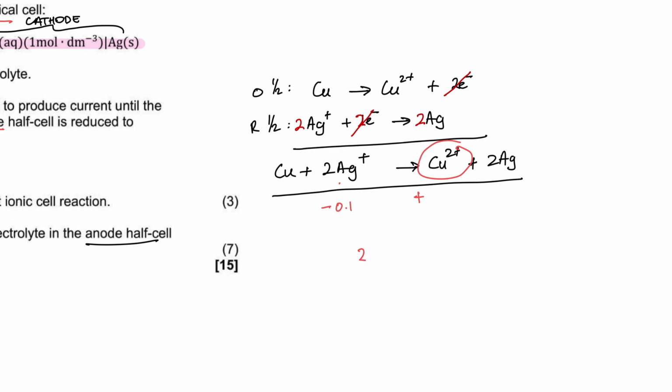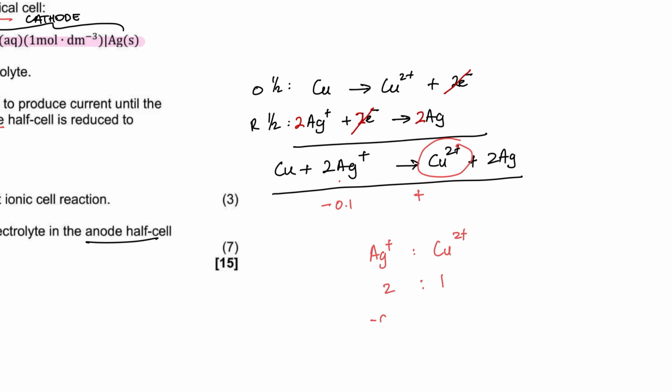So the ratio of Ag+ to Cu2+ is 2 to 1. So if this decreased by 0.1, this is going to increase by half of that amount. So 0.05. So this is now the change in the number of moles of Cu2+,